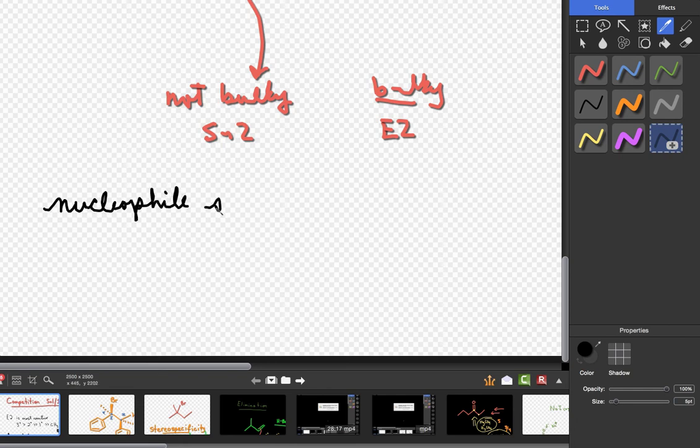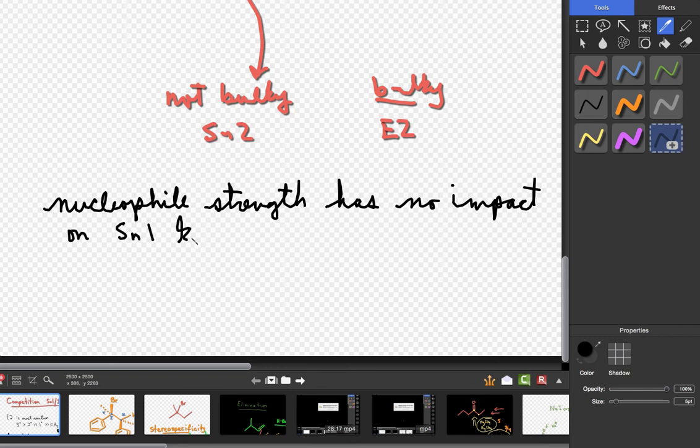Nucleophile strength has no impact on Sn1 kinetics. So a polar protic